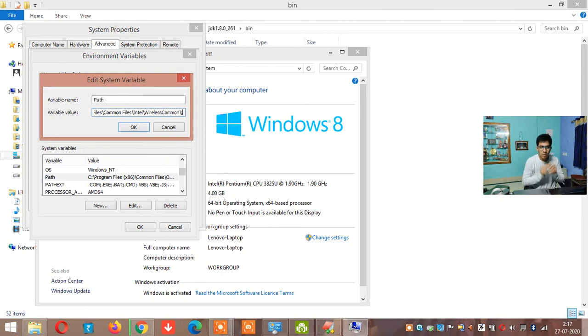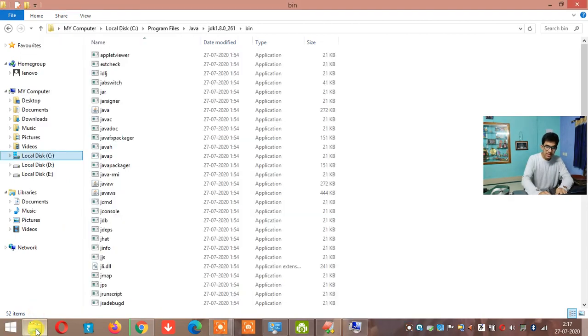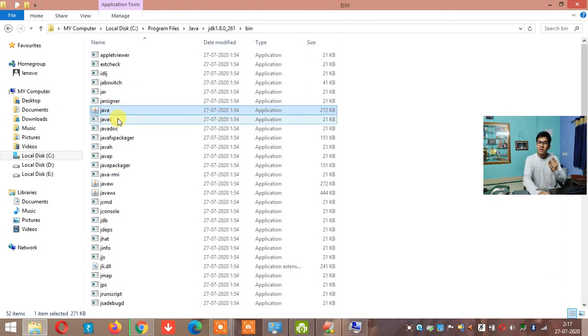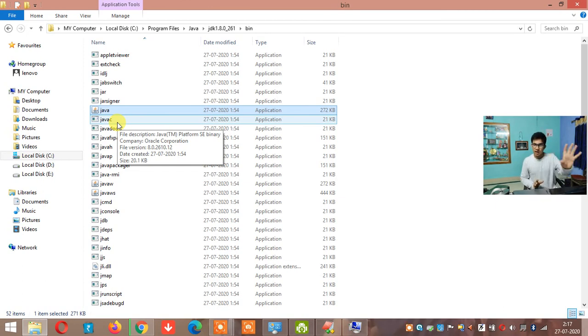Now what I have to write here, I have to remember that javac and java files were there. What did I tell? I told that these files are important. Can you see here? I told javac and java files are important. Now these two files are present. Now I have two options. I can separately give java and I can separately give javac. Two options are there. Or there is one more option.